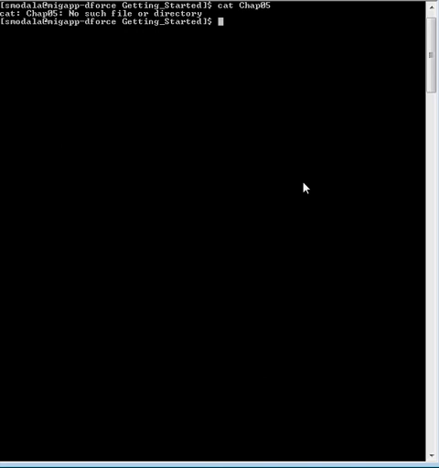That means the file is not there to display. If you use cat without a redirecting symbol, it will not write the data into the file. So in order to create the data in chap05, we have to use cat greater than chap05.